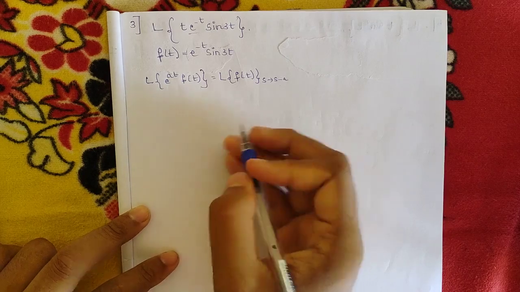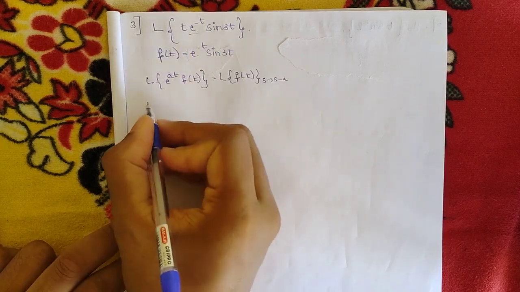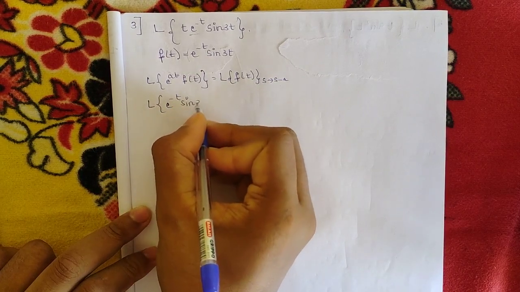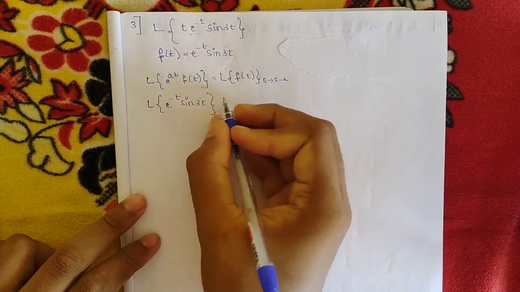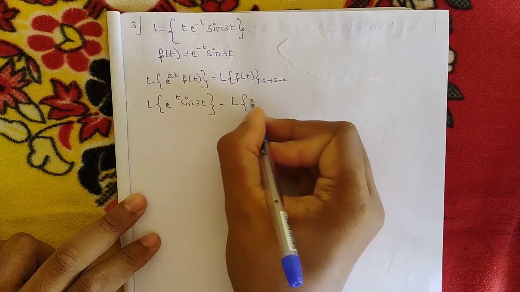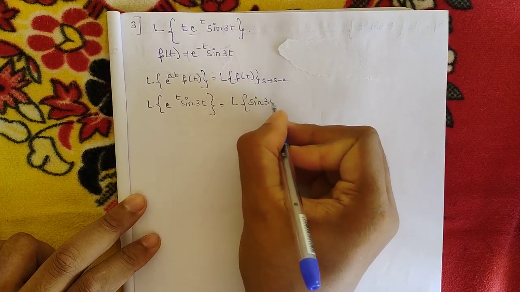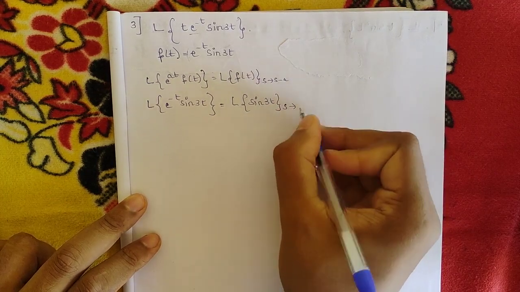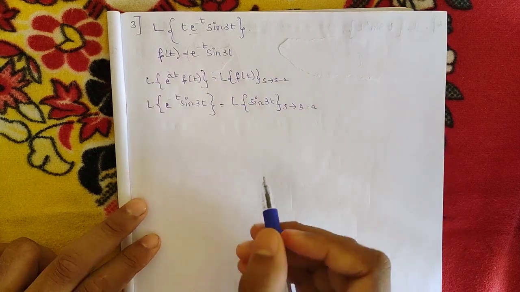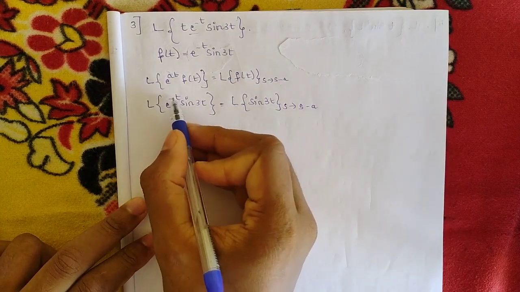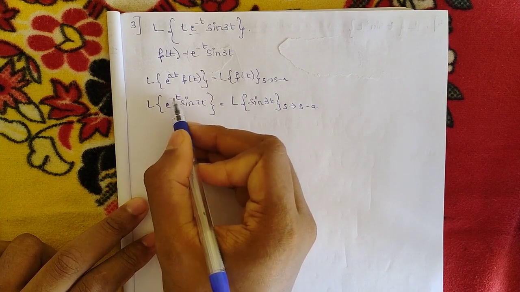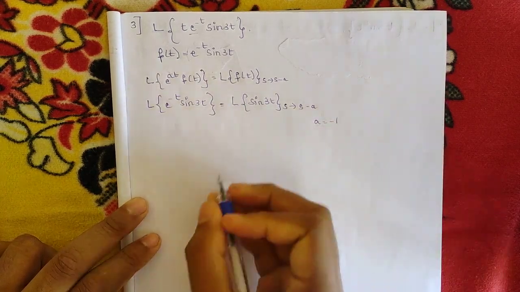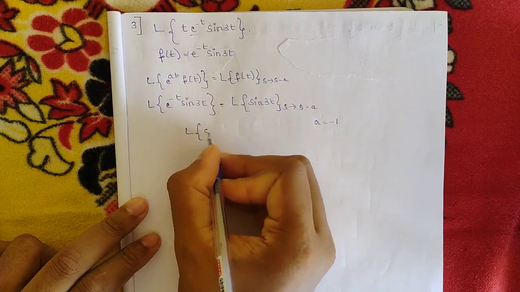So what I am doing is, first I am finding the Laplace transform of this f of t, that is e to the power minus t sine 3t. Okay, that is equal to the Laplace transform of sine 3t, where s would be tending to s minus a. Okay, so here in this case, in place of a, what we are having is minus 1, right? So here a equal to minus 1, so you take the Laplace transform of sine 3t first,